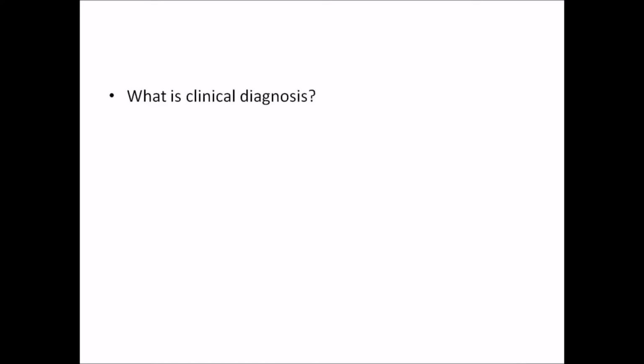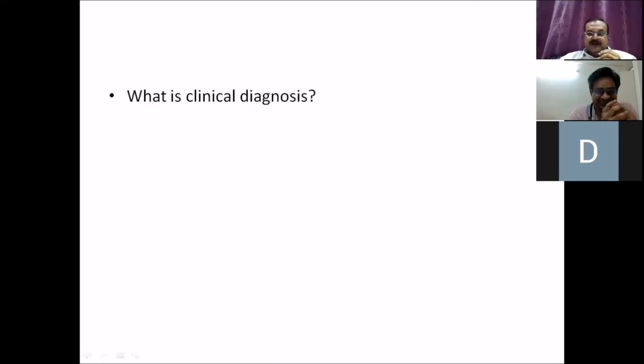So what is your clinical diagnosis? Now you can unmute your mic. Sir, it can be bony metastasis either from the RCC or from the follicular carcinoma of thyroid. Acha, why? Because sir, you told this is a pulsatile swelling. Sir, the pulsatile swelling is seen in case of flat bone, in case of thyroid, and also in RCC. Acha, it is not seen in any other situation. These are the only two situations where you see a pulsatile swelling.